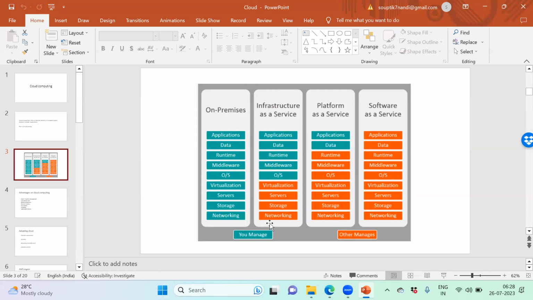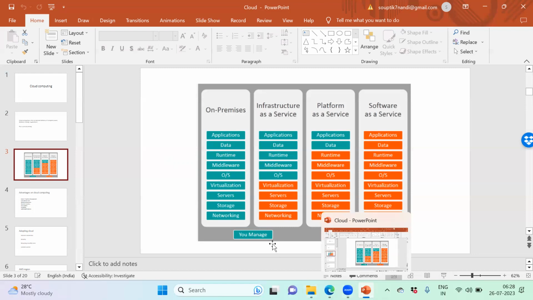They will first give you some servers, storage spaces, and networking, of course. The server you launched should be connected to the internet as well, otherwise you cannot see the server from your local system. Virtualization should also be provided to you. These four things will be supported by the cloud, and the cloud will hand over the server to you.